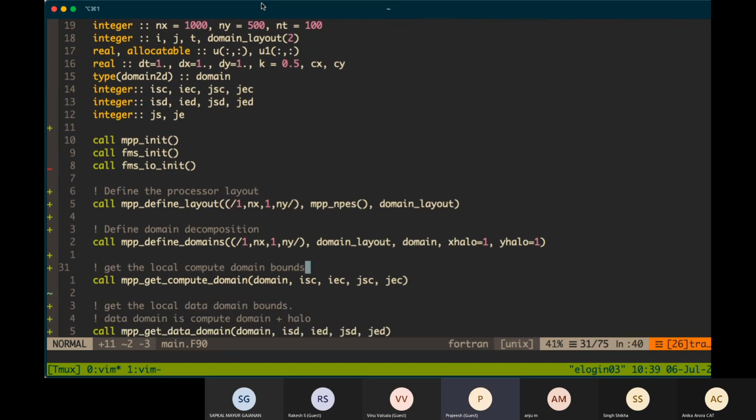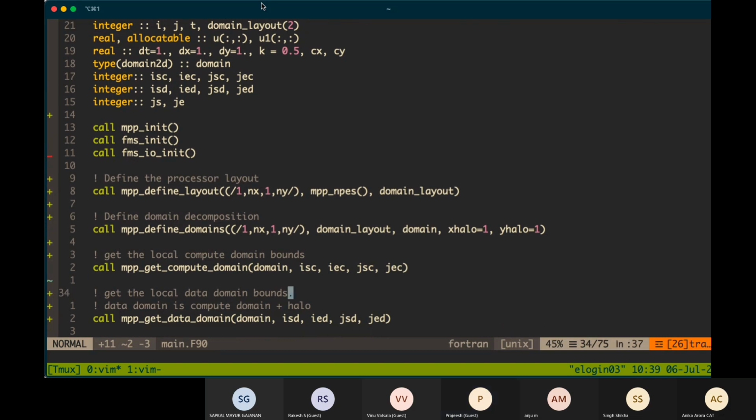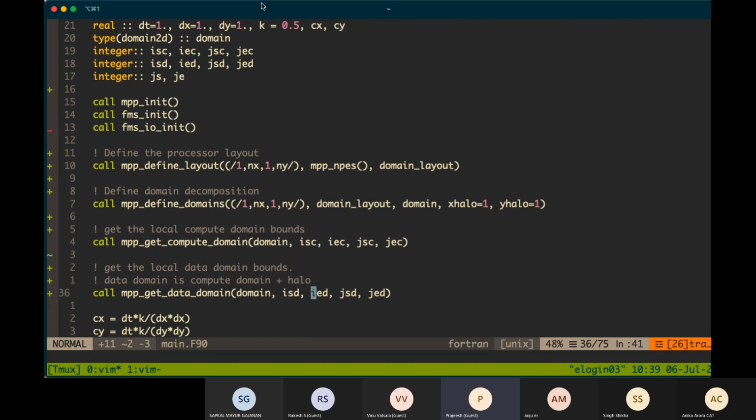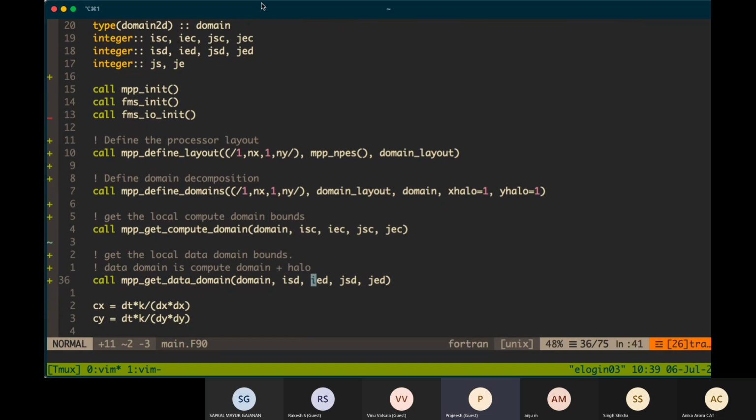Next is to get the local compute domain bounds. You can get them by MPP get compute domain, which gives the local bounds of the domain in both the I direction and J direction. You can also get the local data domain bounds by MPP get data domain, and the data domain is nothing but the compute domain plus the halos.